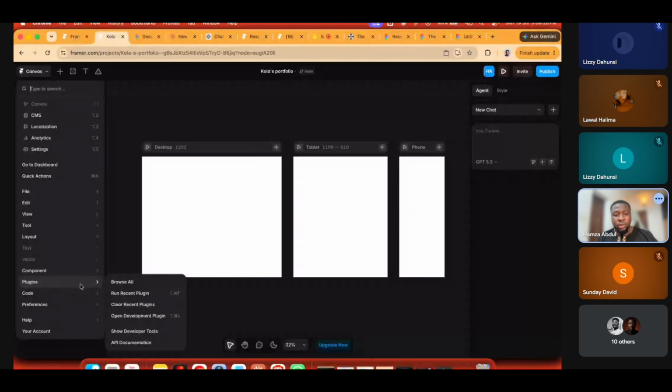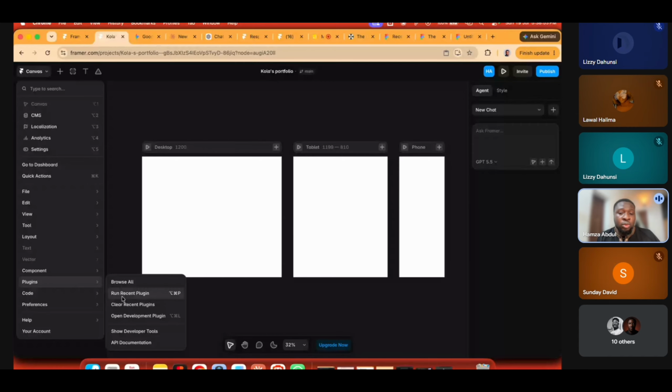So now, this is what I want to show you. There are two ways that you can use AI. It's either you're using the AI in Framer, or you're using an external AI. I'll show you an example of how you can use external AI, and then I'll show you how to use the Framer AI, because for you to use an external AI, you need to have a subscription. Fortunately, I have a Claude subscription, so I'll show you how you can do that and how you can now do it with your own.